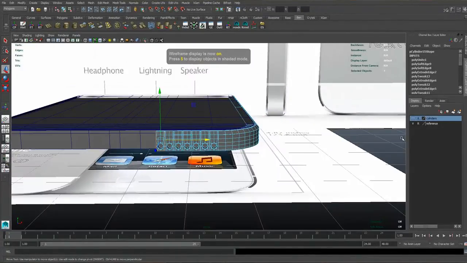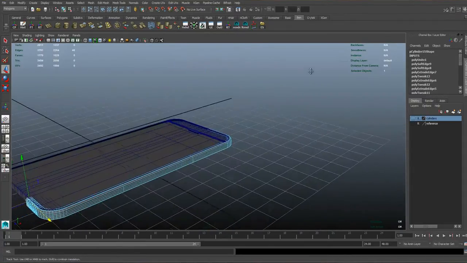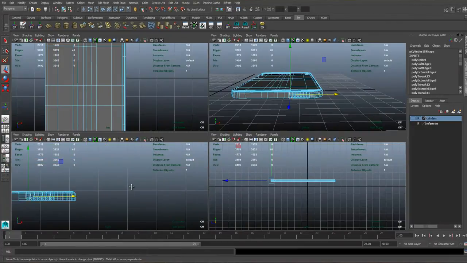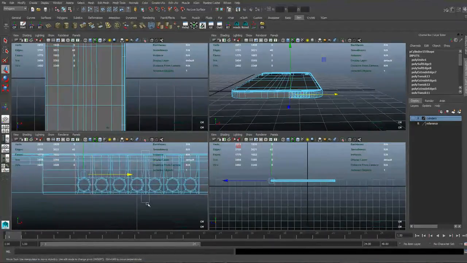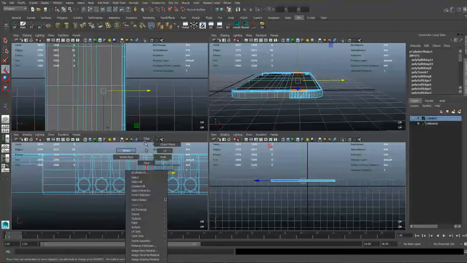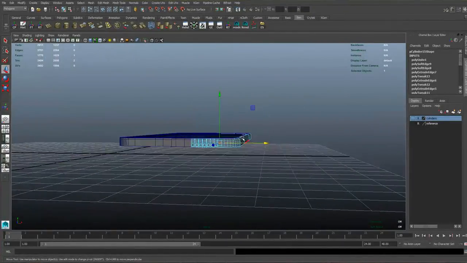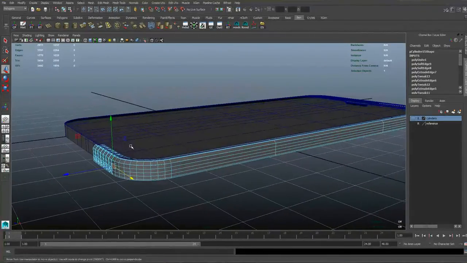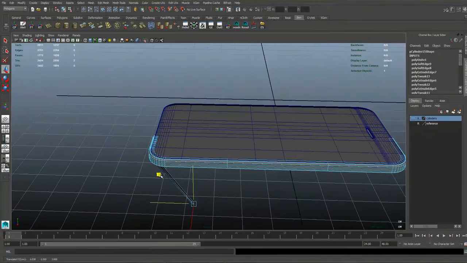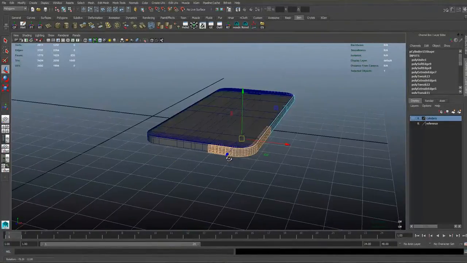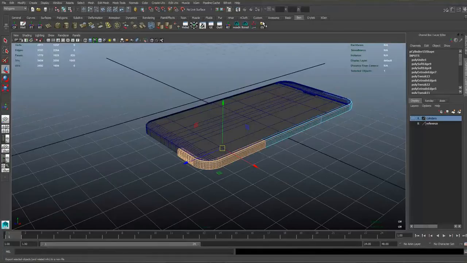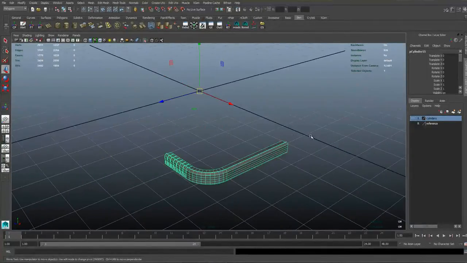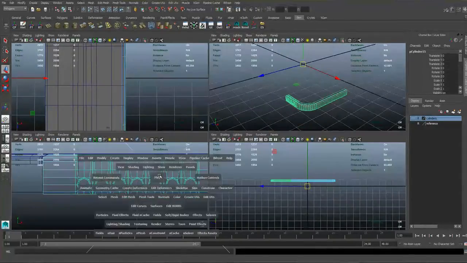So what we have to watch out for is, turn the reference off for a minute, if we start selecting faces or edges down here, we are going to start selecting stuff at the top as well. So what we need to do is isolate select only part of the phone. So if we select pretty much just these faces down here in face mode, and then go to isolate select, we'll be left with this, and we know the rest of the phone's there, but we can now no longer